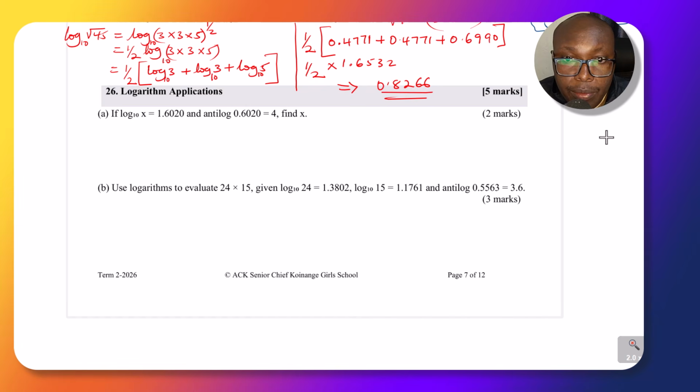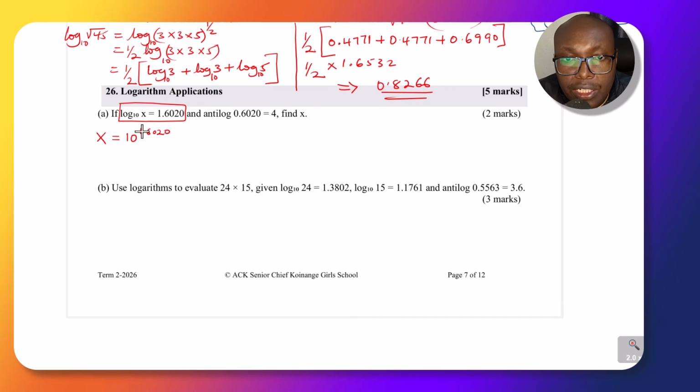Question 26 is on logarithm applications. If logarithm of x to the base of 10 is equal to 1.6020 and antilog of 0.6020 is 4, find x. So you need to be very keen on how you approach this question. Because you're finding x, we can write these in index notation. Logarithm of x to the base of 10 is equal to 1.6020. If you write that in index notation, you'll get x to be 10 to power